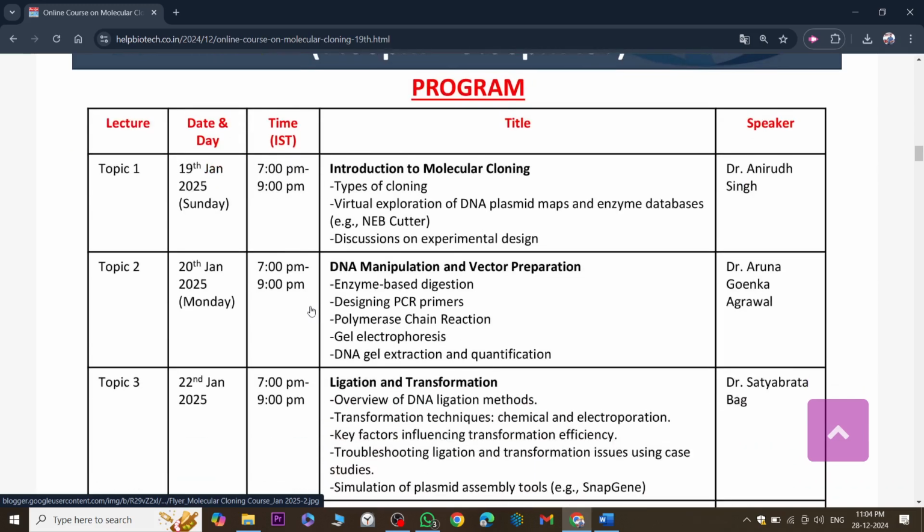On the 19th January, topic 1 will be introduction to molecular cloning, types of cloning, virtual exploration of DNA plasmid maps, enzyme database, and discussion on experimental designs. Dr. Aniruddha Singh will be the speaker. Topic 2 is on 20th Jan 2025, 7 p.m. to 9 p.m.: DNA manipulation, vector preparation, enzyme based digestion, designing PCR primers, polymerase chain reaction, gel electrophoresis, DNA gel extraction and quantification